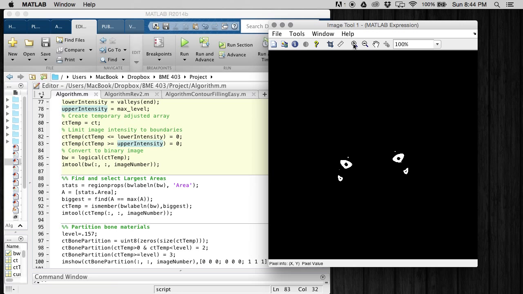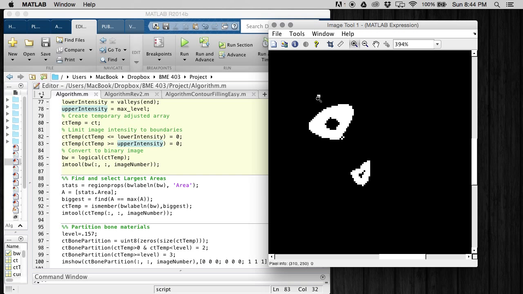So as you can see, it's done quite a good job of segmenting the tibia and fibula here. We still have a bit of these small areas due to noise, and you can see there's quite a small endosteal surface here, so we're going to be looking to clean that up. But in order to clean up these smaller areas here, what we're going to do is use a